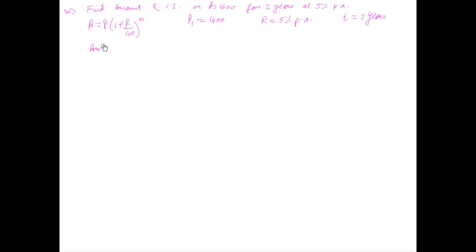So children, the amount accordingly comes out to be principal, that's 1600, into (1 plus 5 upon 100) raised to power of 2, which simplifies to 21 upon 20. That's 1600 times 21 times 21 upon 20 times 20. The 0 will cancel and this will cancel with 4 times. 21 squared, children, is 441 times 4 is